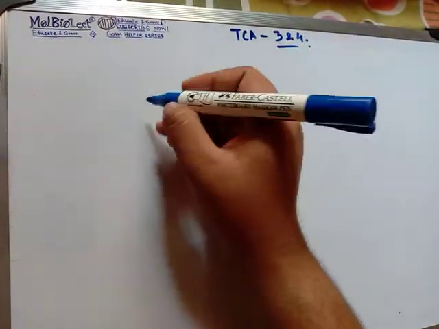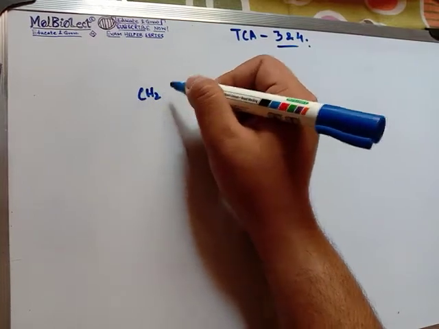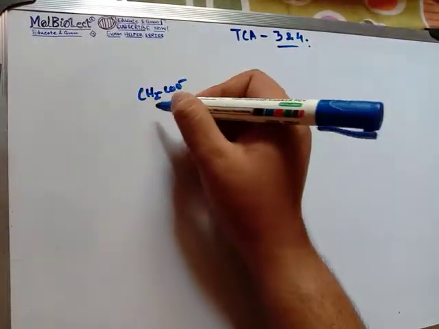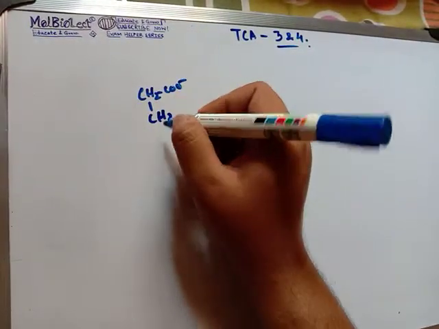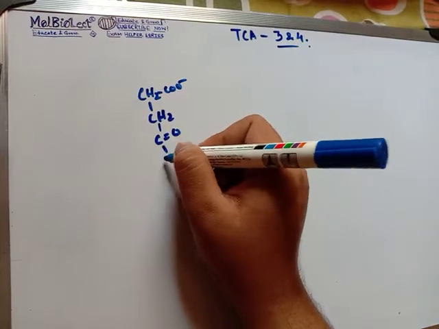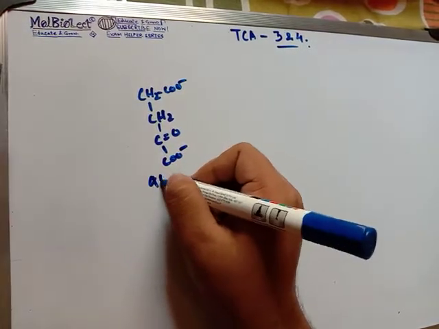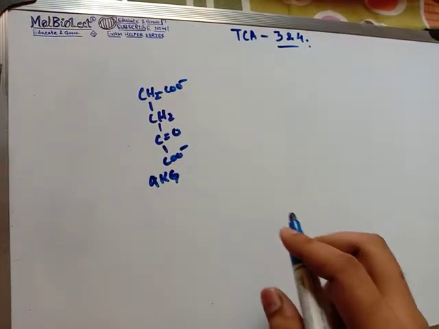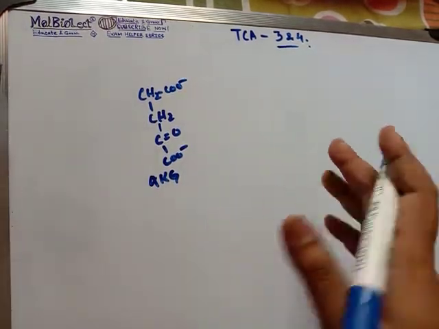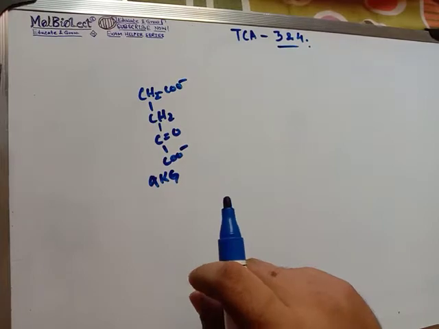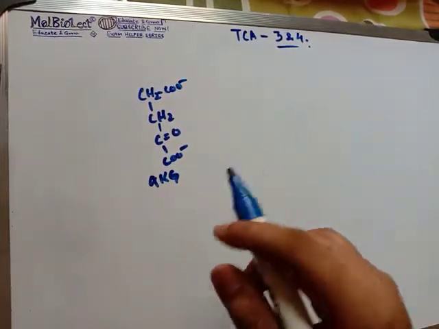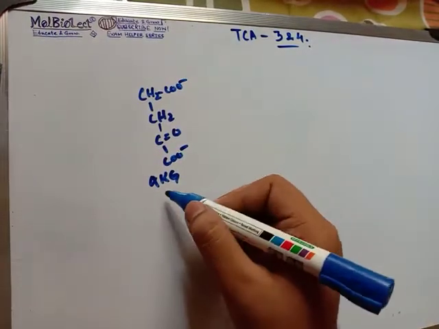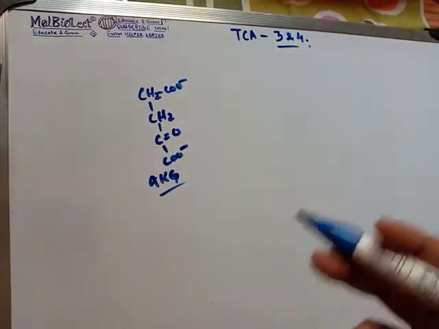So we have alpha ketoglutarate, which is CH2CO minus, CH2 C double bond O, CO minus. So this was our alpha ketoglutarate, and this alpha ketoglutarate will now be converted. I was just doing it wrong. In our last reaction we had isocitrate, not alpha ketoglutarate. I was talking about the next step, step 4, but no. So we need to form alpha ketoglutarate. I have already drawn it by mistake.